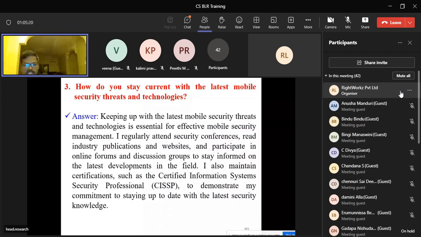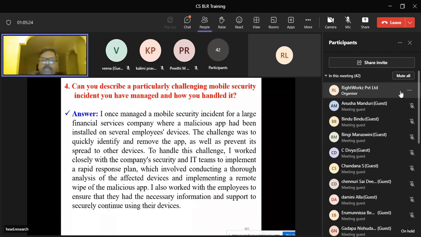This is my answer. So, fourth question: can you describe a particularly challenging mobile security incident you have managed and how you handled it? Yes, sir. I am a consumer of mobile, latest mobile features and latest mobile gadgets. I once managed a mobile security incident for a large financial services company or organization where a malicious